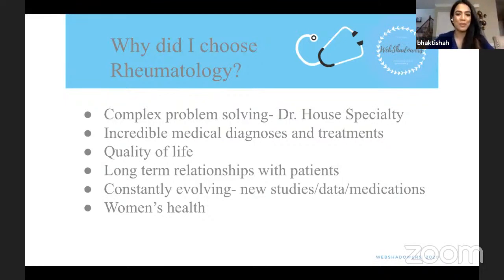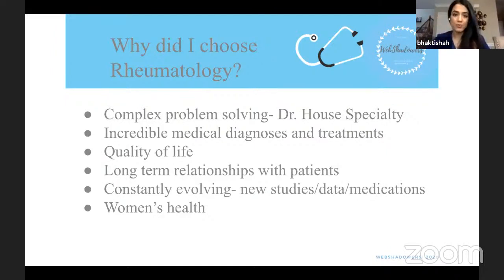At this point, I've been working for about 1.5 years, and I have had patients that I have seen several times who have told me that they feel like I'm a part of their family, and that is so gratifying, and so special to me, to be able to share a relationship like that with my patients.